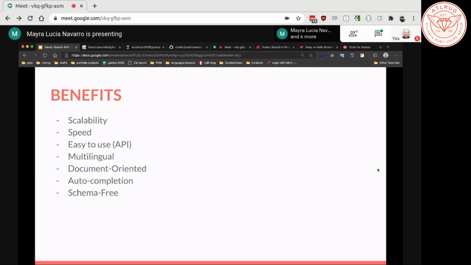Auto-completion, because as you write, Elastic helps you predict what you are trying to find. And schema-free, this is something that I don't think is quite right for Elastic, because even if they don't use a schema, as with a relational database, you can find something called mapping. But well,